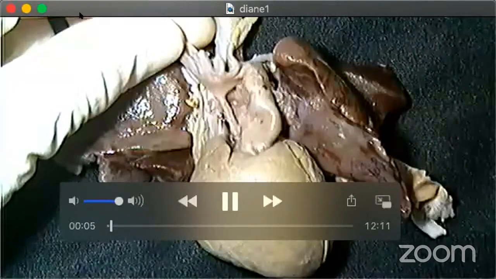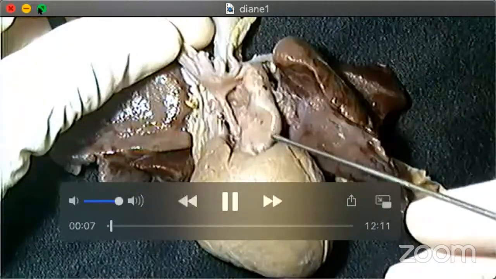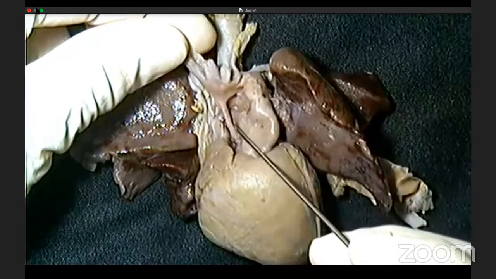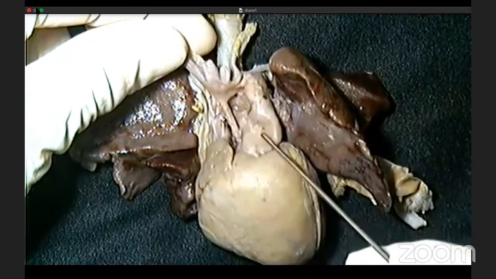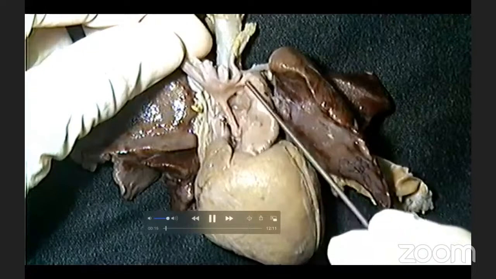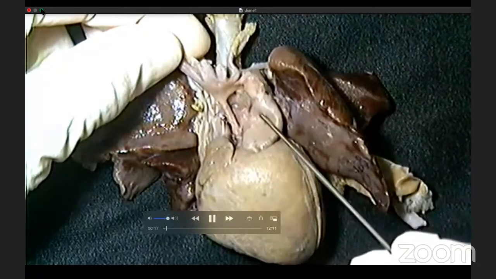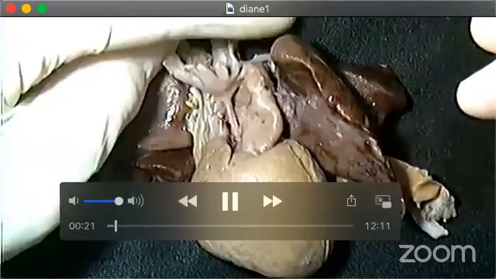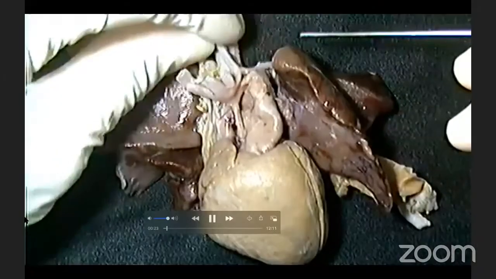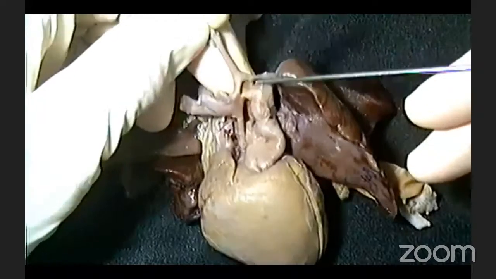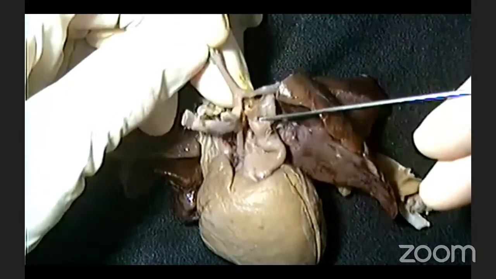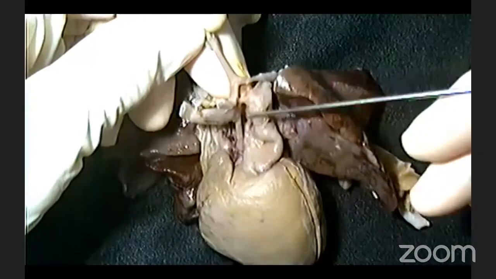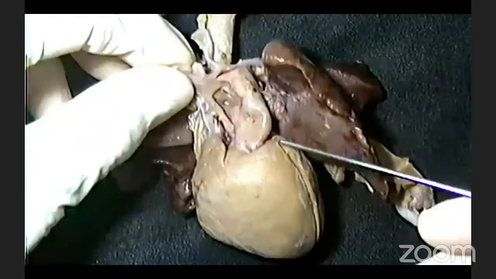Looking at this particular specimen, the pulmonary artery is much larger than the ascending aorta, as we can see from the anterior aspect, and there's a very large arterial duct. This is classic when you have aortic atresia and mitral atresia. The aortic isthmus also shows a ridge in the juxtaductal position, so there's also a coarctation.